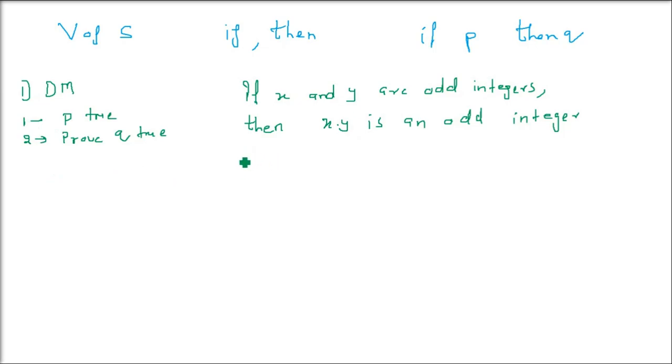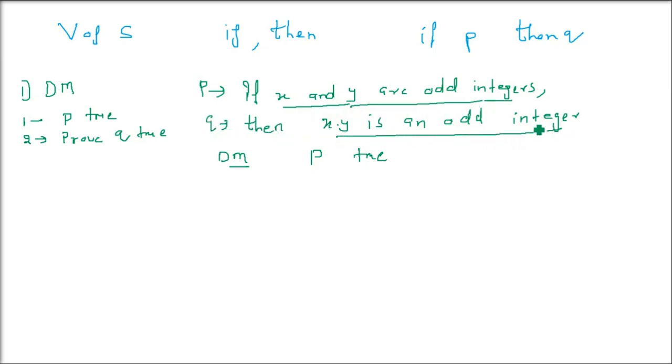So what do we have here? P and Q. As I said, direct method we are applying on validity of statement checking for if and then. So we assume P is true. So this is P: x and y are odd integers. From here to here it is P. In a statement we don't have if or then, right? Because it is always assertive or declarative. So if and then you can eliminate, and now you can form P and Q. Now P true, we assume it to be true.